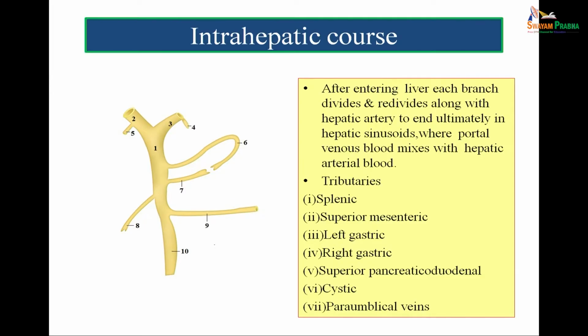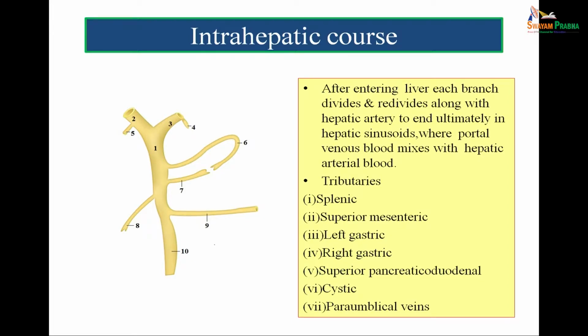One can make out 4 is the cystic vein entering the right branch of the portal vein, that is 3. 5 is the paraumbilical vein entering the left branch of portal vein. 1 is the portal vein, and then 6 and 7, they are the left and right gastric veins which are entering the portal vein. 8 is the superior pancreatico-duodenal vein, 9 is the splenic vein, and 10 is the superior